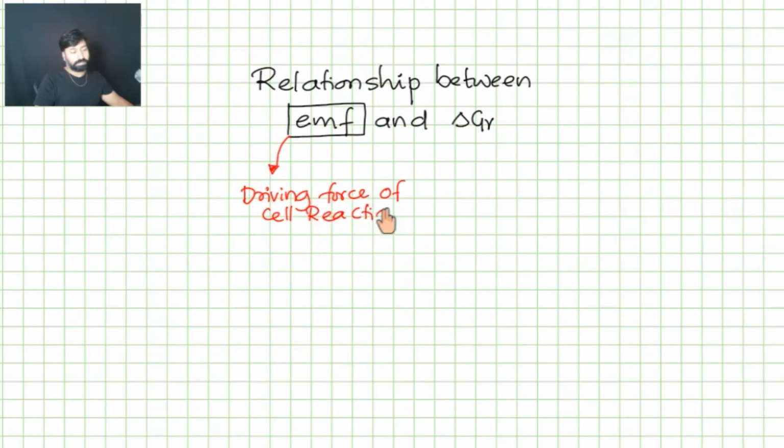The meaning is very simple, students. If there is an EMF, then only the cell reaction takes place and production of electricity takes place. If there is no EMF, there is no production of electricity. And that we're going to relate with the Gibbs free energy of a reaction. We have an equation: delta GR, the Gibbs free energy for a particular reaction, is given by minus